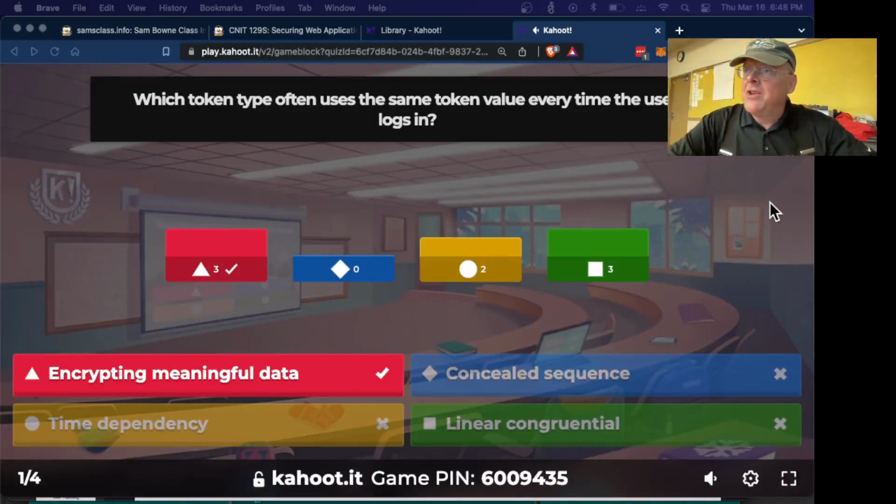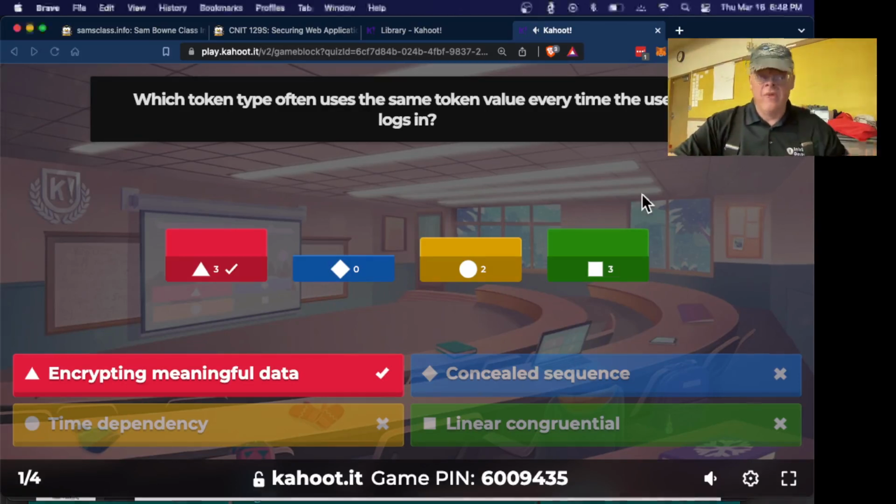If you're encrypting meaningful data, like your username, then it will be the same every time you log in. It won't be some pseudo-random number.